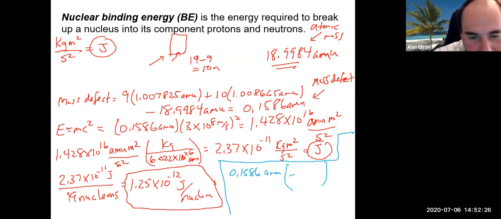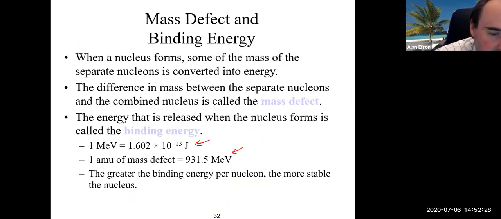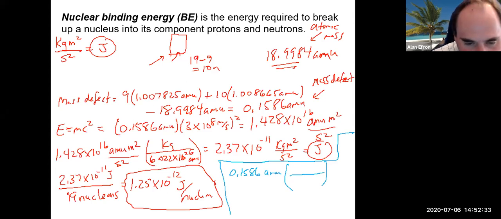We could use that, as we see back here, there's 931.5 mega electron volts per AMU. And that's going to get us 0.1586 times 931.5,